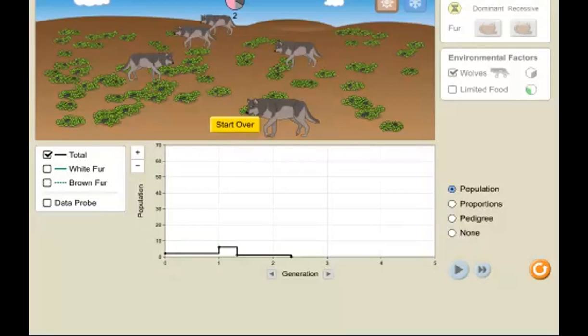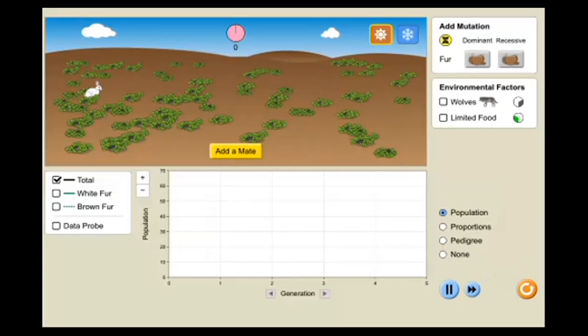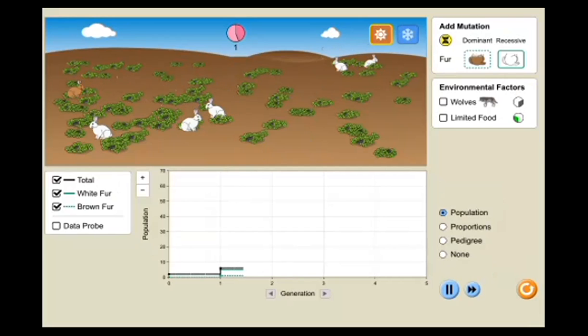And the PhET simulation is going to, let me reset, have you see what happens with these bunnies. So we're going to click on certain things. The directions will help you. And then we're going to let these bunnies populate. And then we're going to introduce different things like wolves or limited food, and then see what happens to our little bunnies here. Okay, so there's only 7 questions.